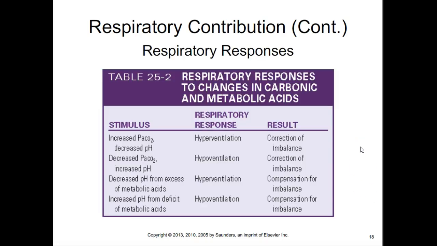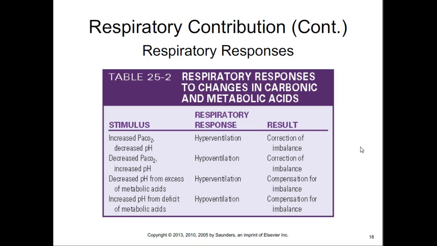All right, so you can see here the respiratory responses. An increased partial pressure of carbon dioxide means decreased pH, and the respiratory response is hyperventilation, and that corrects the imbalance. A decreased partial pressure of carbon dioxide, increased pH, you hypoventilate, and you are going to correct the imbalance. Decreased pH from excess metabolic acids like lactic acid,